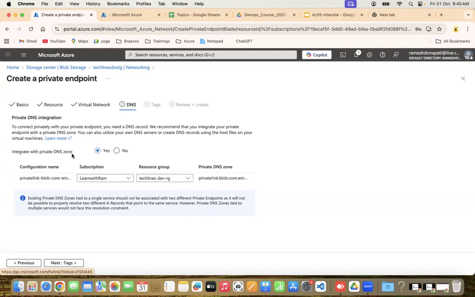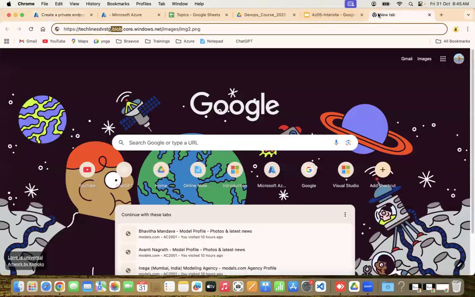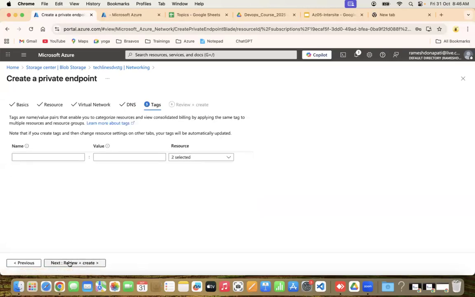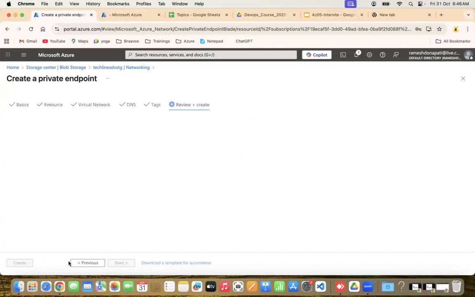And the IP will be attached to this storage account name. This storage account has a name like this: techlinesdevstg.blob.core.windows.net, right? That record gets added. So we'll go ahead and check. That record will be maintained in a private DNS zone. We have covered one topic on private DNS zones, if you remember, where we add VMs and then automatically the records get added, the VM names and IPs. Now